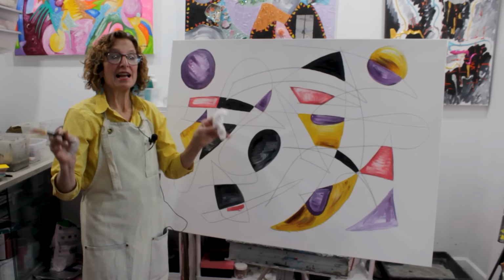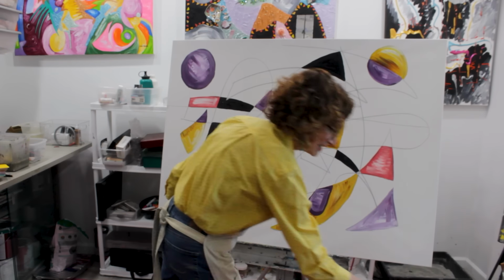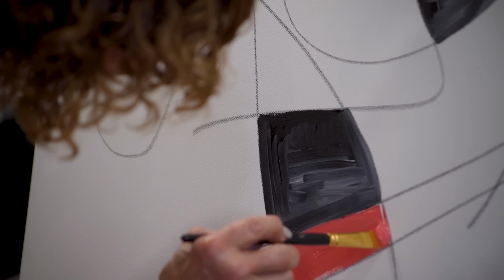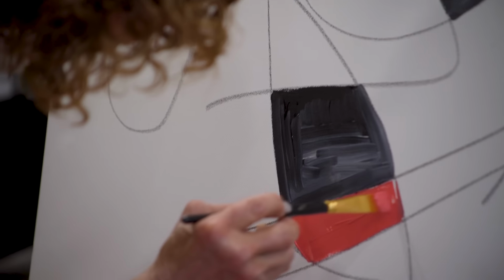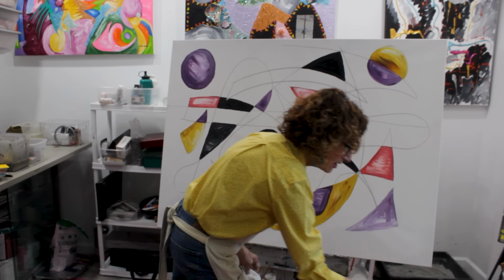And my point here is anybody can paint. Don't let anybody tell you you can't paint because you don't know how to draw and you can only draw stick figures, etc. If you can pick up this brush and put it into the paint, use the palette knife and do some mixing and play with the medium, you can paint. Everybody can. So, okay, let's get back to our work here. I'm going to do a little more with this red,